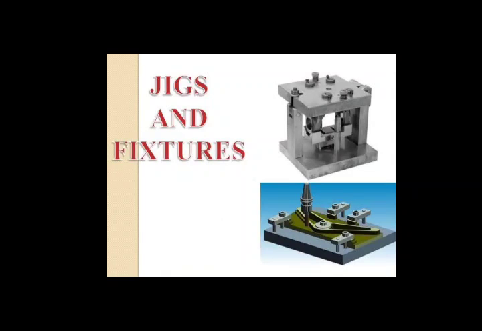Delicate components must be avoided in drilling jigs as they are subjected to rough handling. Is that right? Yes, because delicate components may get damaged. Next, for safety reasons, sharp corners and protruding parts must be avoided. Yes, it is very true. Then sufficient space must be provided between the workpiece and the bottom of the bush to allow the chips to be removed between the workpiece and bushing plates. Removal of the chip through the drill bush may cause excessive wear of the bush.